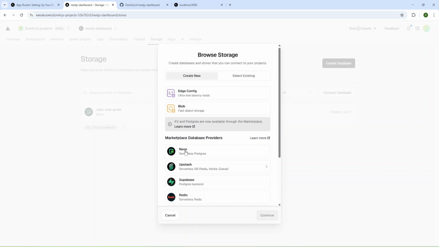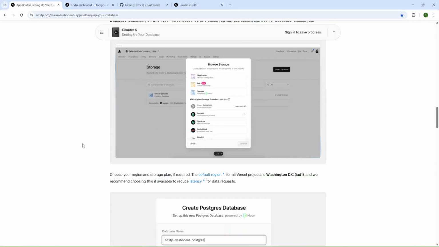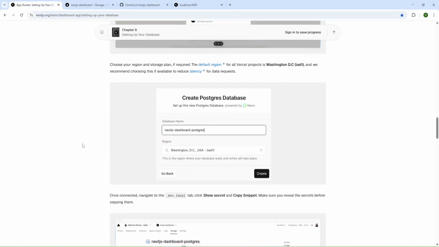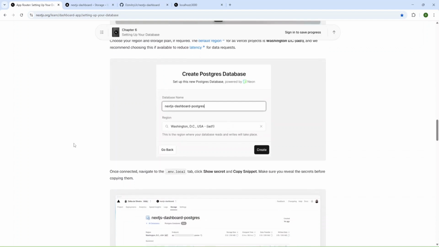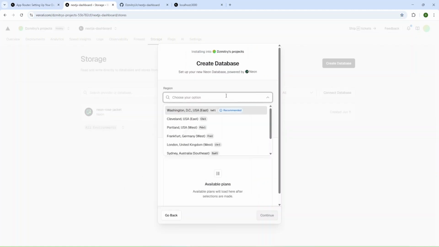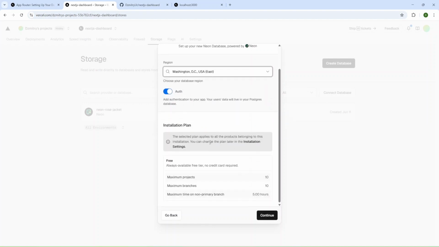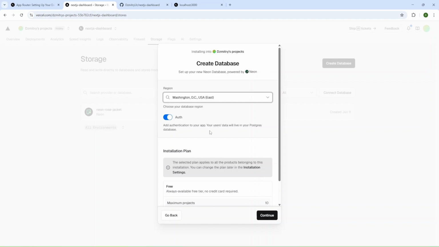I'll select Neon. And now I can continue. Let's check the options. We need to provide a database name and region and then we can create. Let me choose the region, and I'll leave the recommended one.